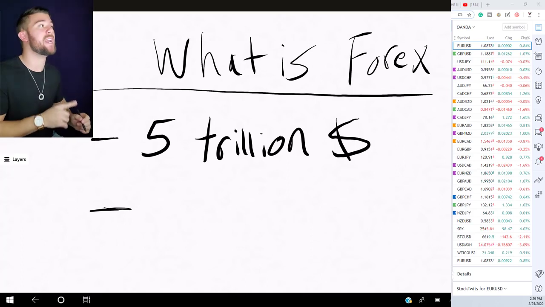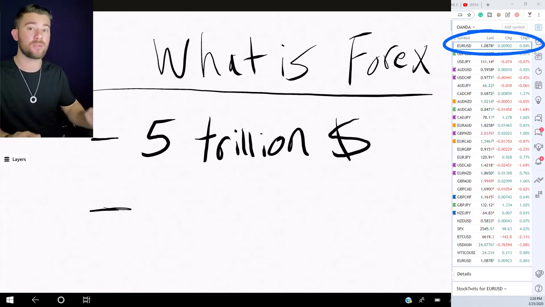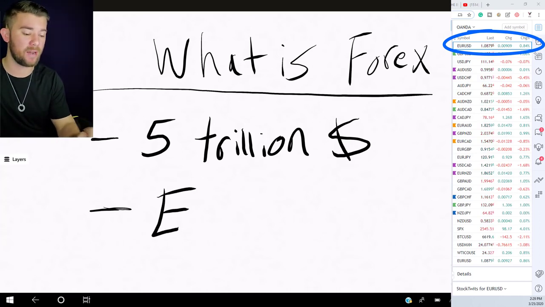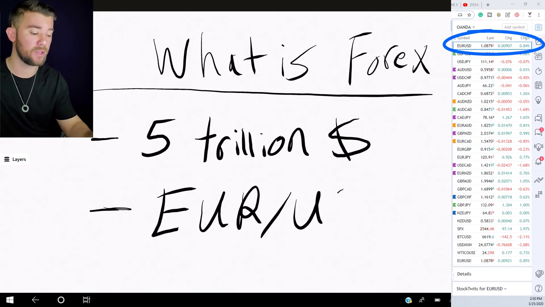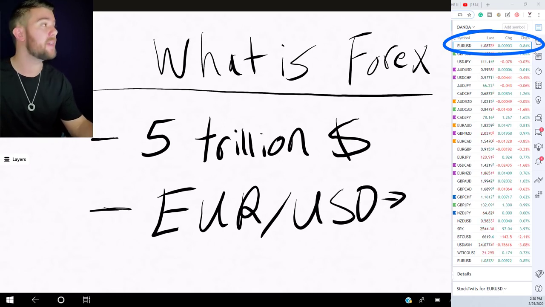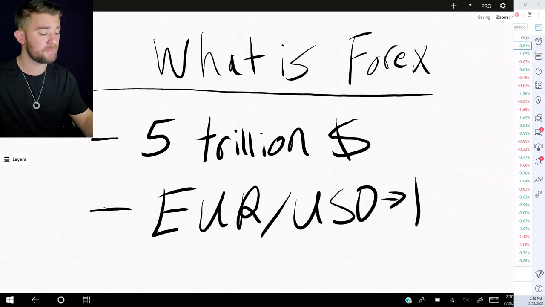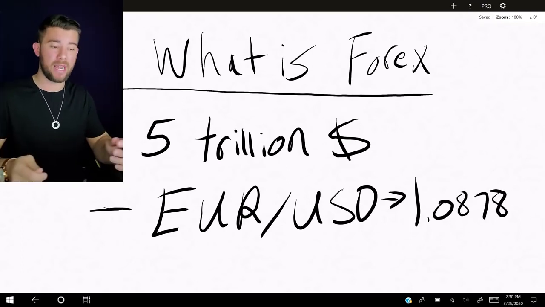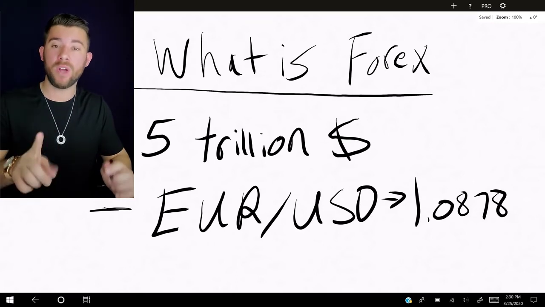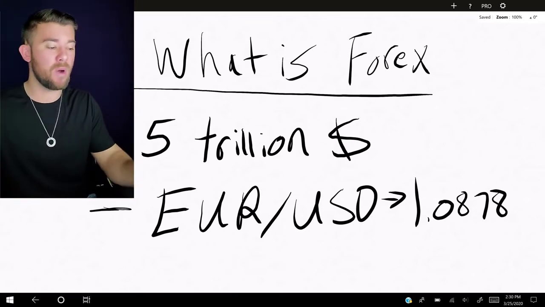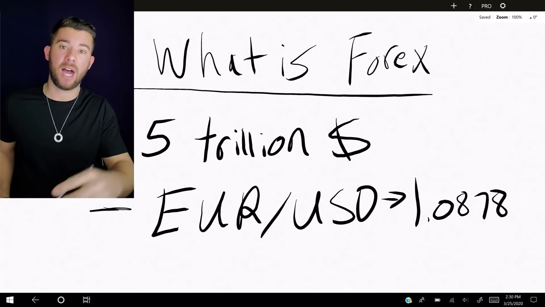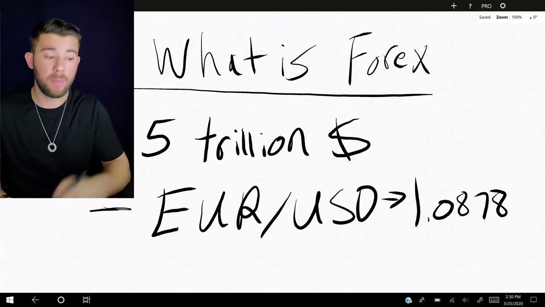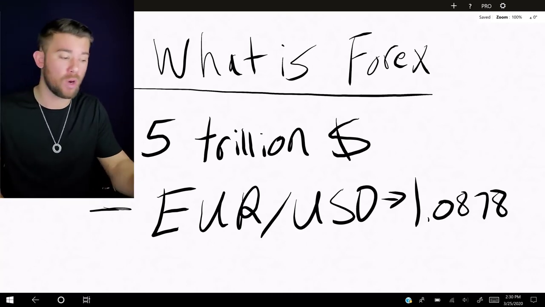For instance, right now, the euro dollar exchange rate is 1.0878. So let's just write this down. The euro against the dollar right now, or the euro dollar exchange rate, is 1.0878. So that means that if you were to go to Europe right now and you wanted to get €1, then you would have to give them $1.0878 to get that €1. Because right now, €1 is worth